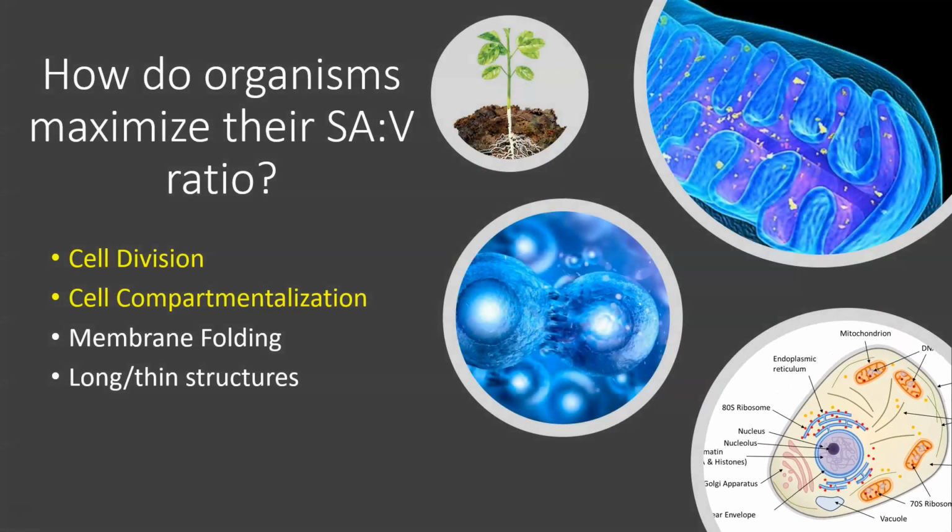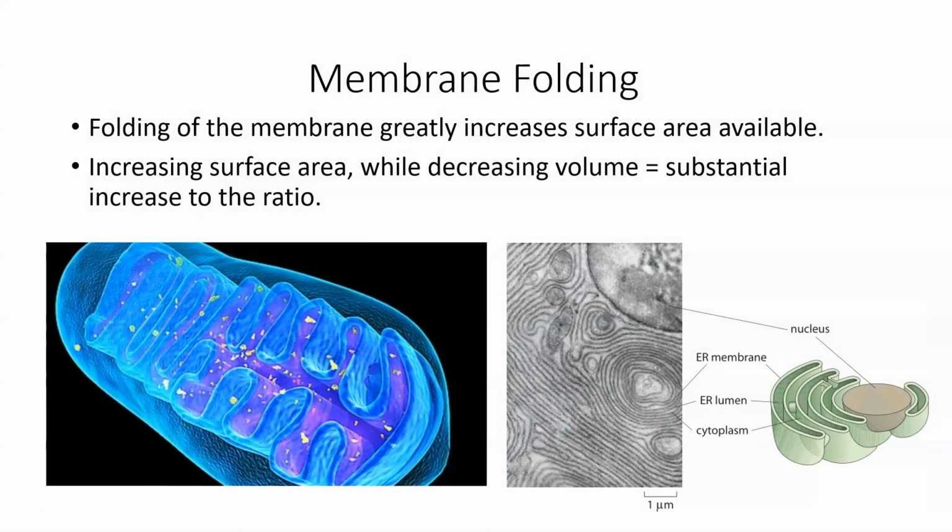So the fact that cells can divide to become smaller, the fact that cells can compartmentalize into the organelles that make up specific structures that have specific functions, increases the surface area to volume ratio, and therefore increases the efficiency of the cell. But another way is membrane folding, right? Membrane folding, we see it all over the place. Whether you're talking about the rough ER, mitochondria, the Golgi apparatus, or the smooth ER, all of those organelles have one thing in common: